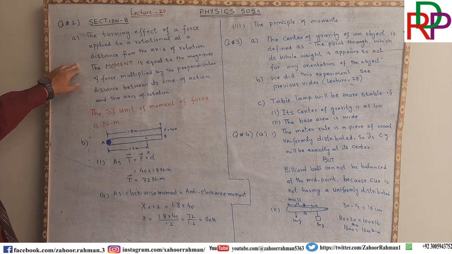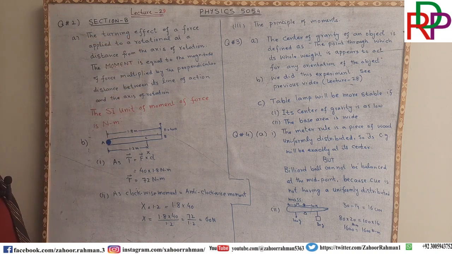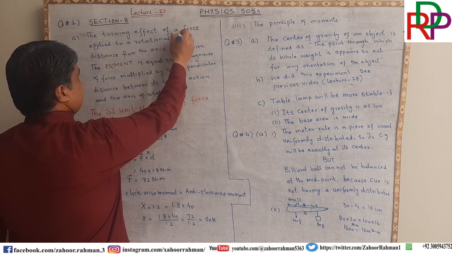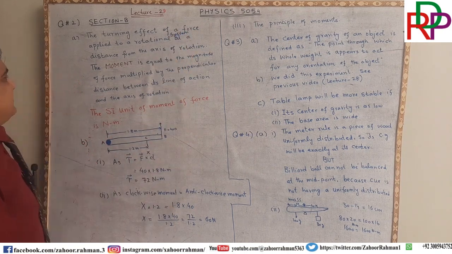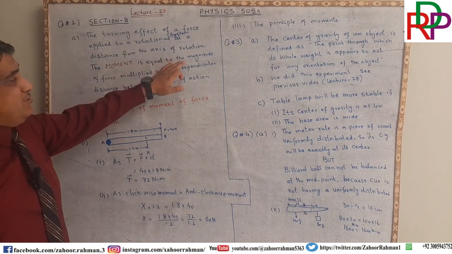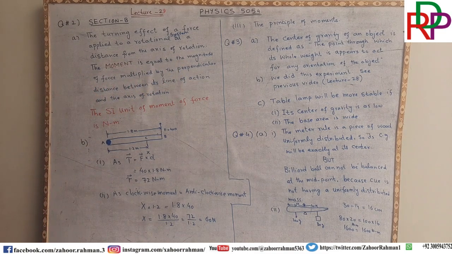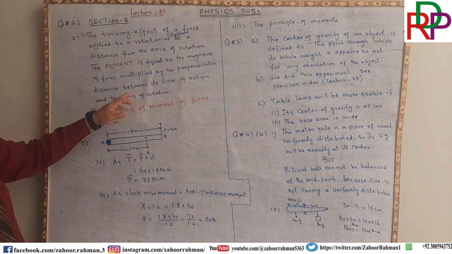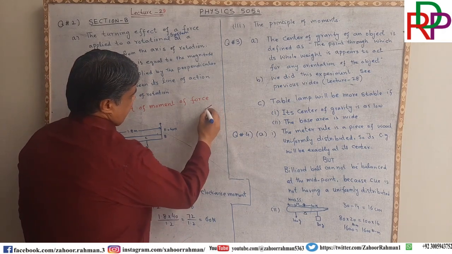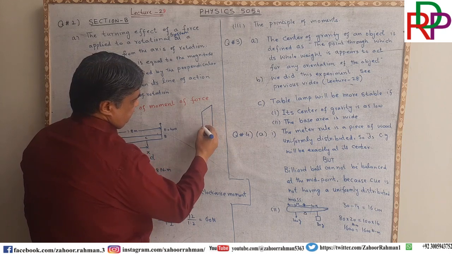all the things again. The turning effect of a force applied to a rotational system at a distance from the axis of rotation. The moment is equal to the magnitude of force multiplied by the perpendicular distance between its line of action and the axis of rotation. For example, I gave you, if you remember, the